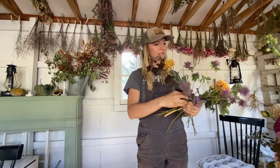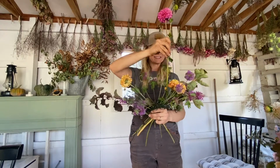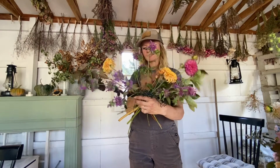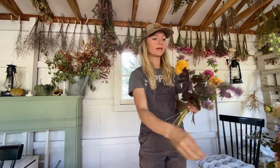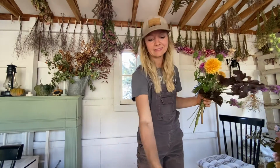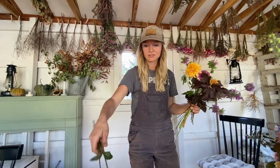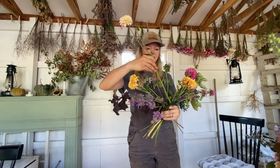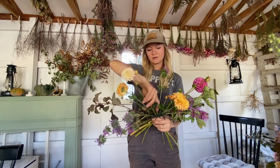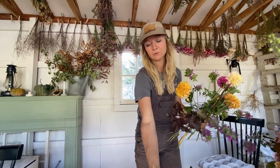Now, of course, it's October here for me, and so it is dahlia season. You always want to think about what flowers are in season when we're building our bouquets. So thinking about sustainability and floristry, it is so important to think about what is in season in our area. It might be different for everyone depending on where you are in the country. Certain things are going to be in season at different times. But in general, when we're using fresh flowers in the northern hemisphere anyway, it's probably going to be spring, summer,